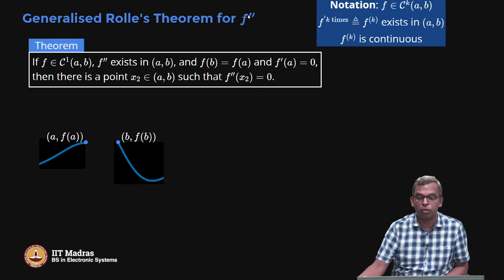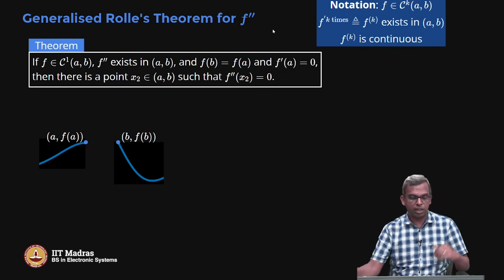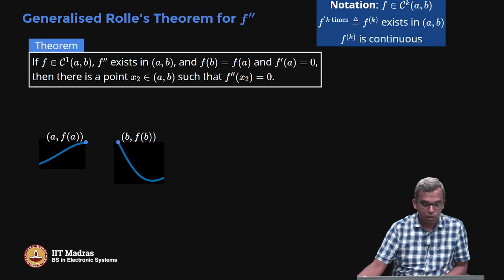Okay, we have Rolle's theorem, which says if f of a equals f of b, then there is a point c such that f prime of c is 0, somewhere in the middle. That's Rolle's theorem. Now, in the generalized Rolle's theorem for f double prime, we are going to say there is